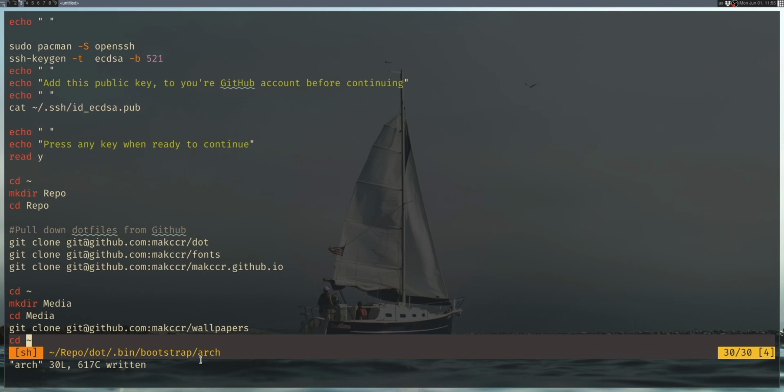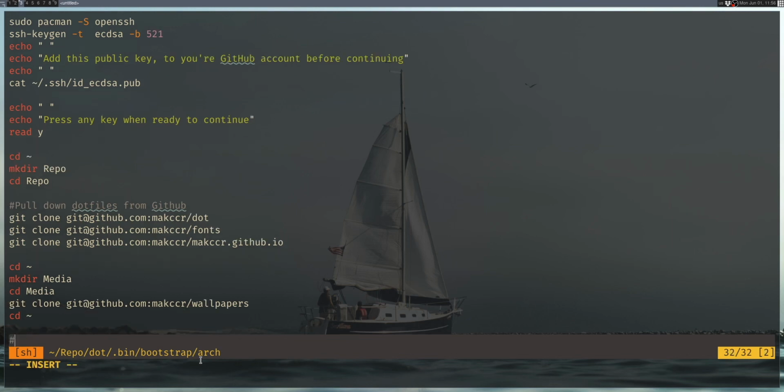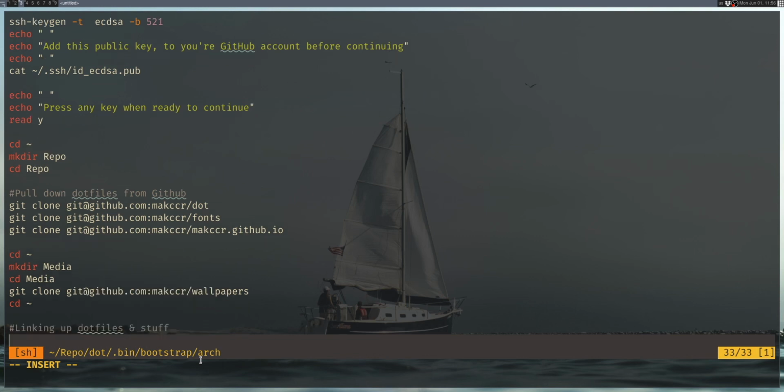All right, so from here, all of our dot files and git repositories and wallpapers and things should be installed. So now we need to create symbolic links to make sure that they're in the right place. So we'll create another comment here and we'll say linking up dot files and stuff. And then let's create a whole bunch of symbolic links here. So we're going to do ln -s, which is how you create a symbolic link. And we'll start in the home directory, go into repo, go into fonts,